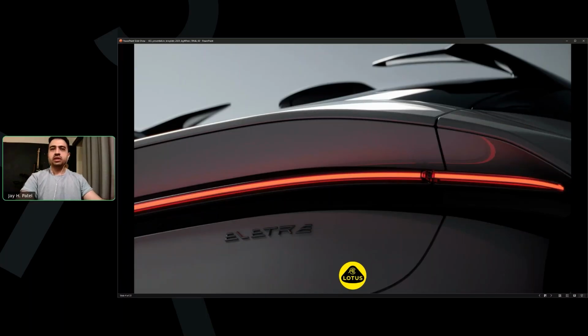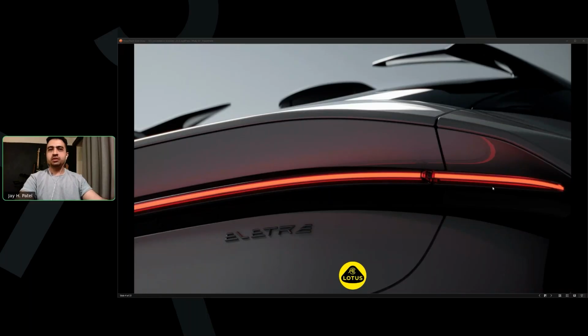Moving on to the next slide is now the main topic of our talk, which is automotive visualization for Lotus. I have two projects to share, which is the Theory 1 and a film we did for the Theory 1 and the Lotus Emira.